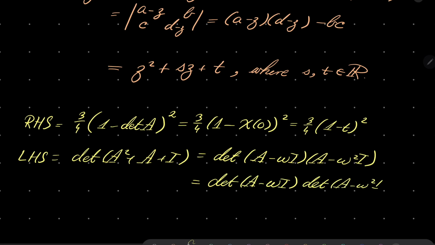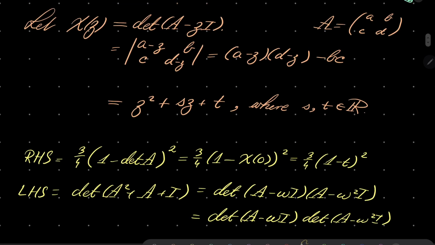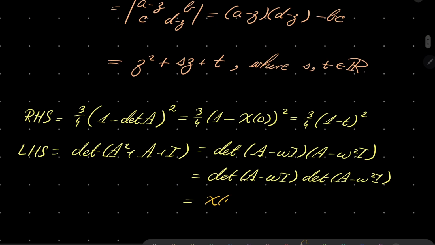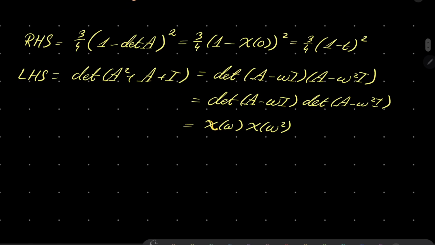Which is well and good. And now let's notice that what is a minus omega I? Well, it's the characteristic polynomial evaluated at omega, times the characteristic polynomial evaluated at omega squared. And now let's do our tedious calculations. This product, it's what? It's